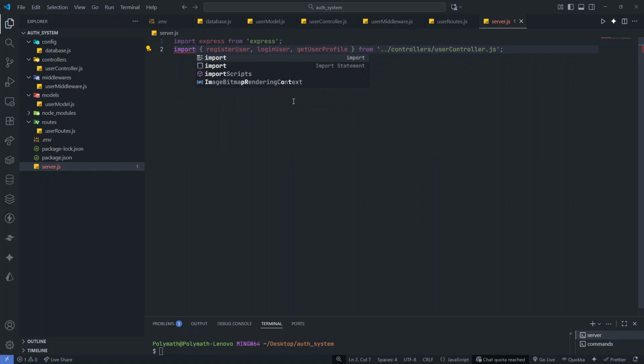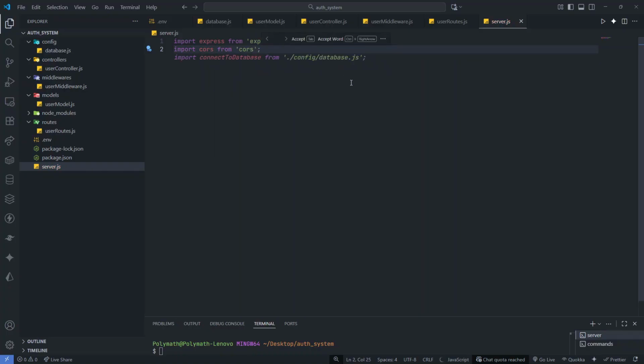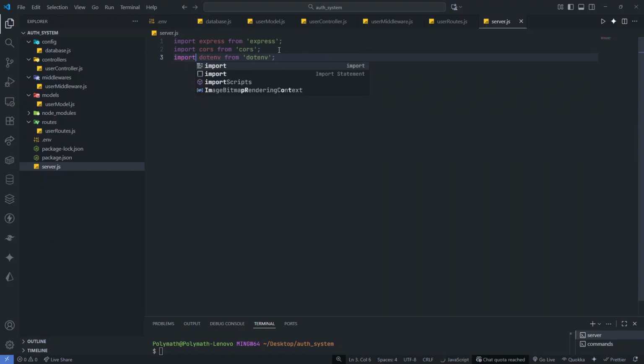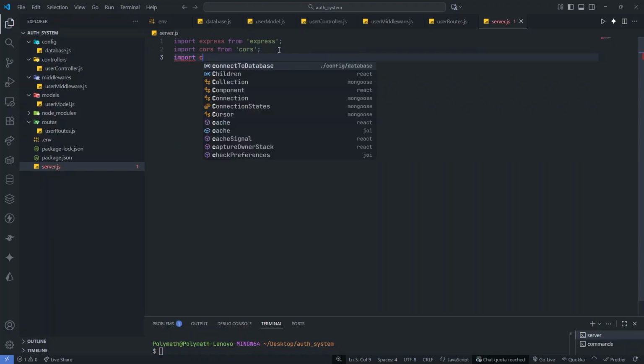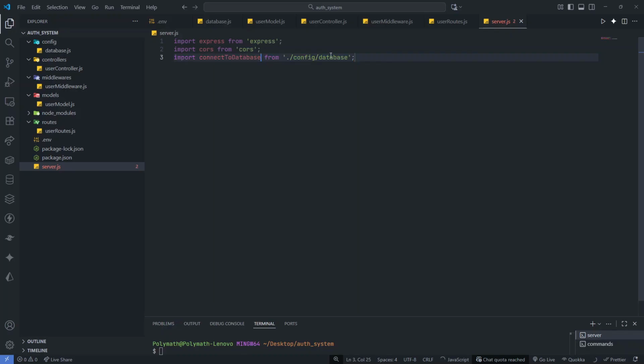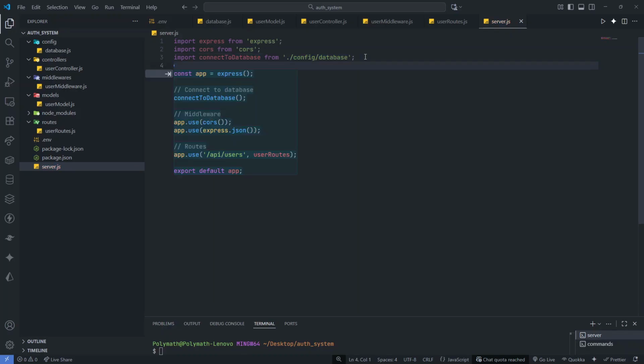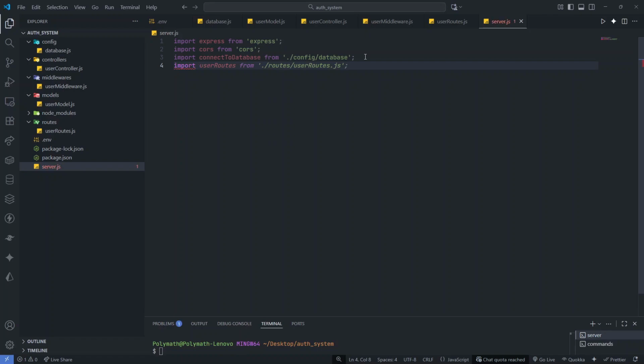for here we're going to be importing quite a number of things. So we also need cors, cross-origin resource sharing, and also we need to import our database function. That will be connect to database. We will need to import the user route and then our .env. So first thing, let's initialize